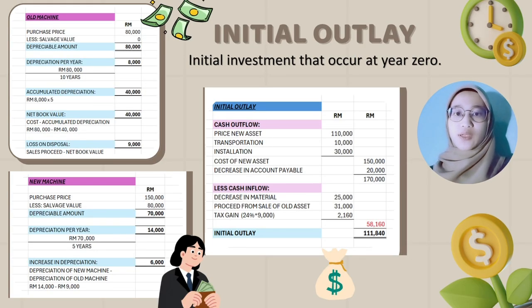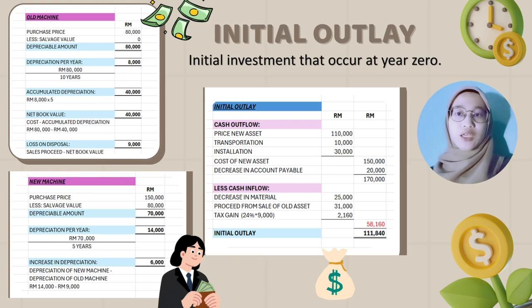Okay, now we will look at the case study of Zain Life Sdn Bhd. They have a machine that has depreciation of 8,000 and accumulated depreciation of 40,000, which gives a loss on disposal of 9,000. Also, they want to replace the old machine, right? So we have